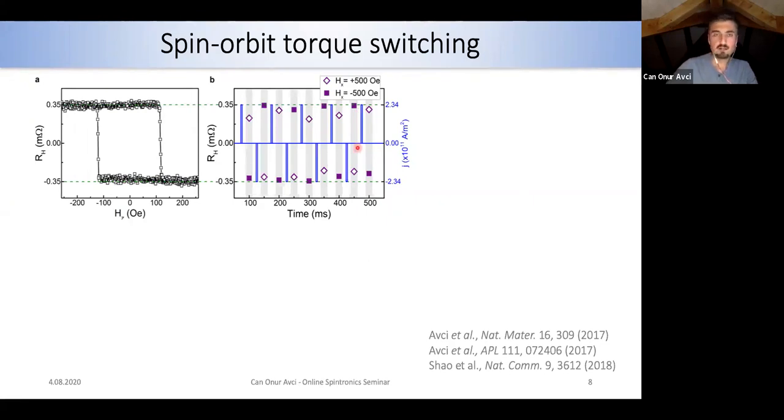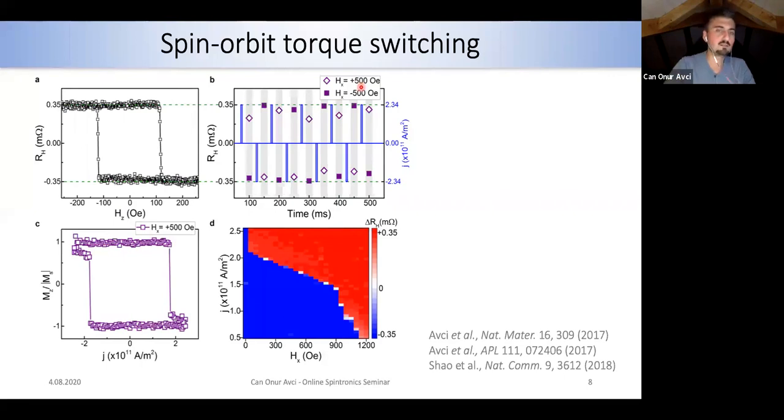That in-plane field breaks the symmetry, because the spin Hall effect will generate a spin current that is in plane and perpendicular to the current, and the magnetization is out of plane. Therefore, it will rotate around the direction of the spin current. However, if you now apply an in-plane field, you can break this rotational symmetry, and therefore switch the magnetization from one state to the other depending on the current direction or the in-plane field direction. The field itself does not switch the magnetization, but together with the current, you are able to switch.